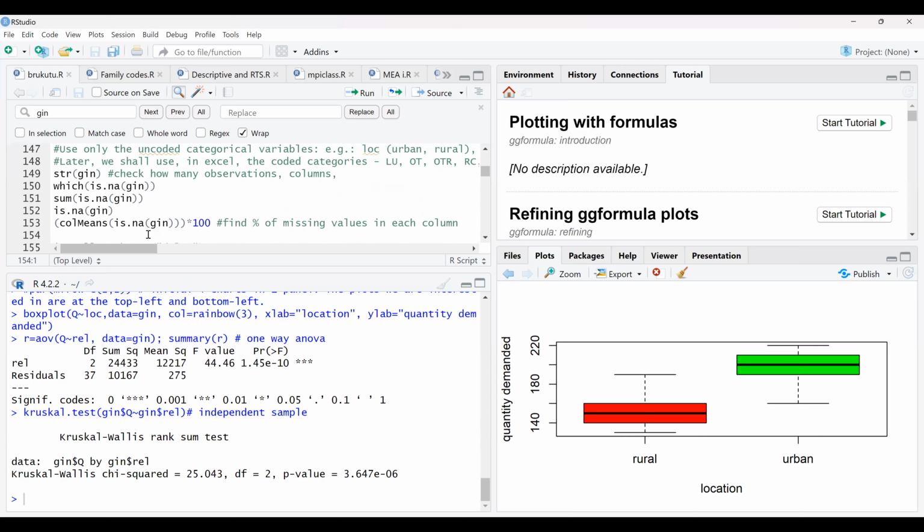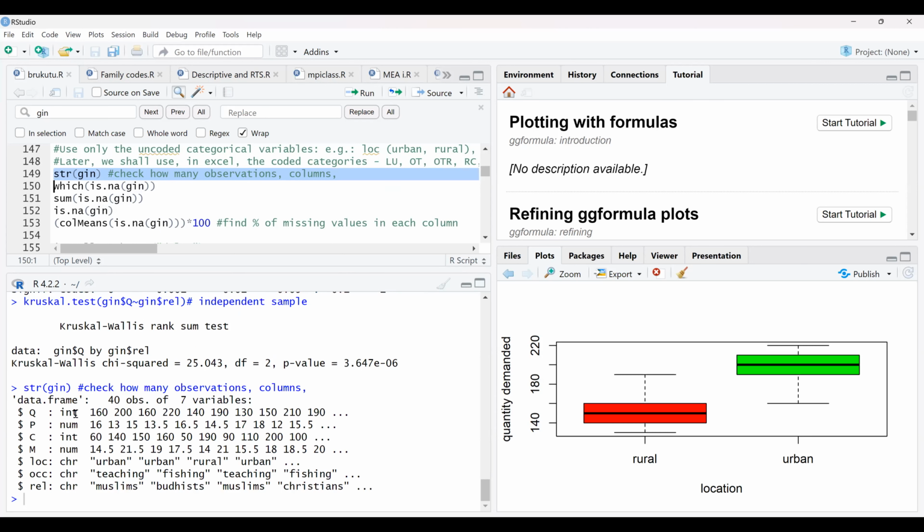But note that you can also find out a few things about the data. You can check how many observations are in the data by using this command called str(gen). When you do that, you'll be able to see the data frame is made up of 40 observations and 7 variables. So it gives you a feel of the data. It also tells you the location, the occupation, what it is made up of,